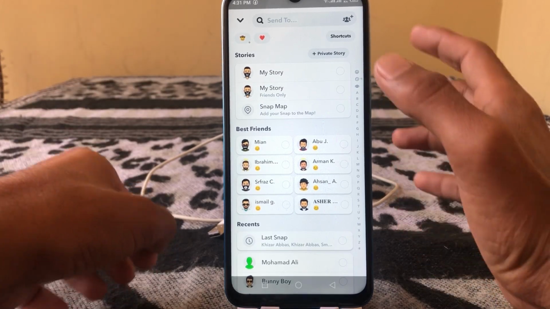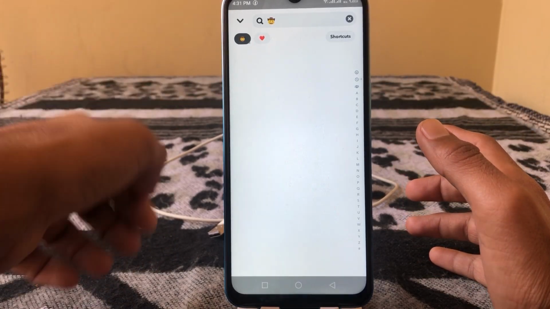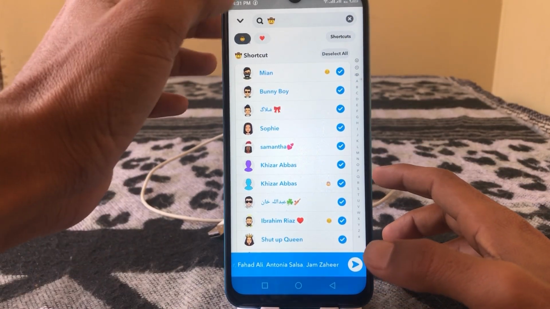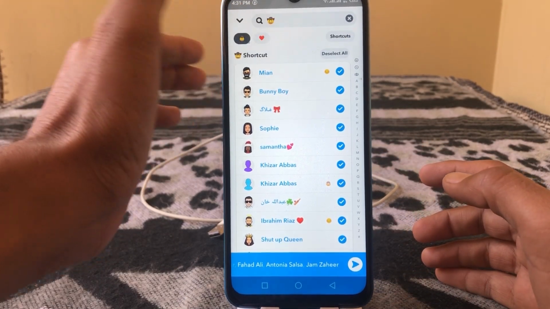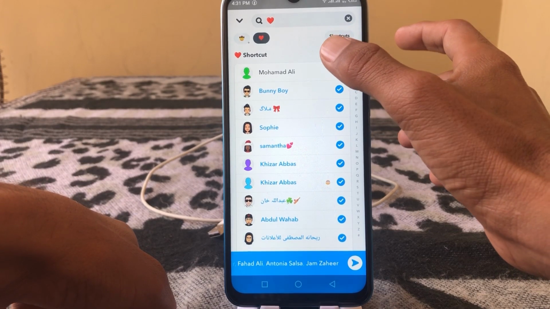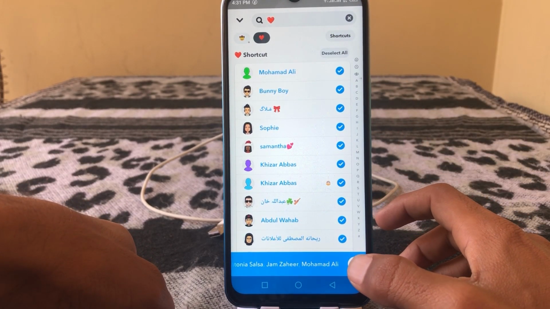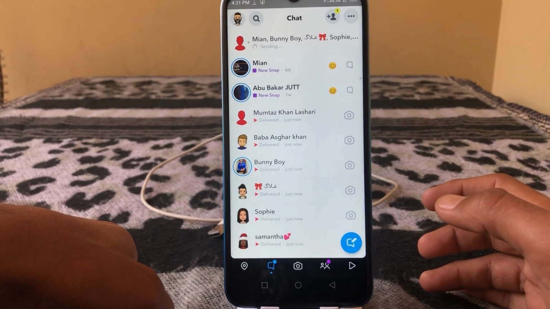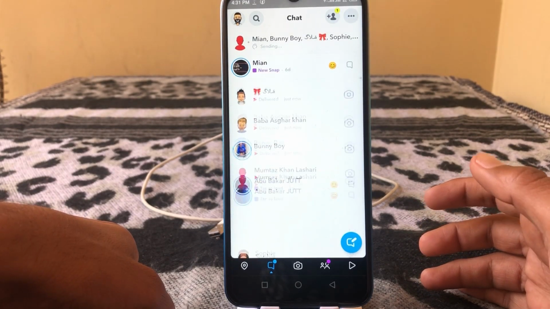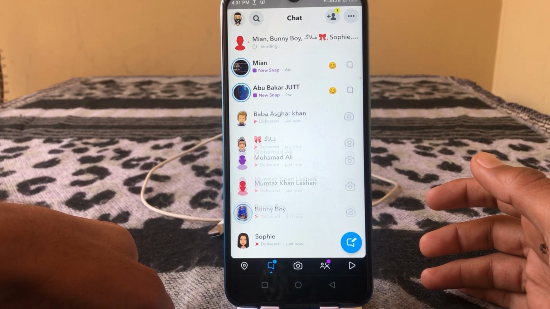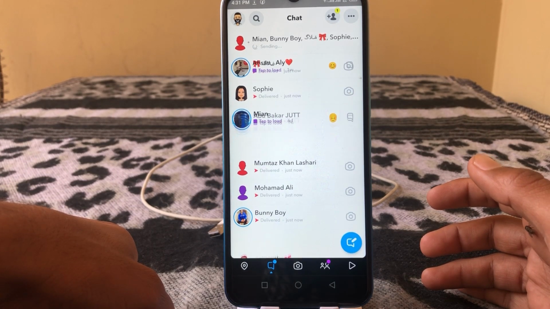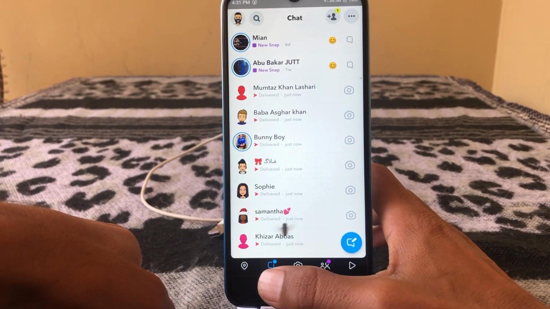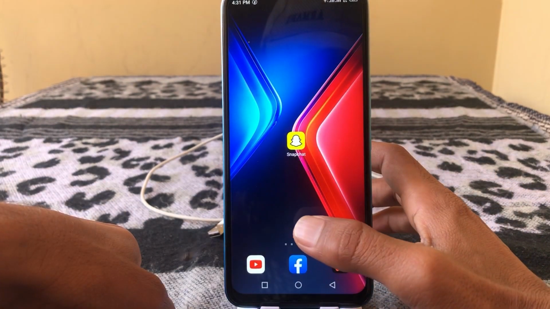And from here what you have to do is just tap on shortcut here and then tap on select all and then tap on another shortcut and then tap on select all and then tap on send to. So wait for a minute. Your snap is sending now. After your snap has been sent, close this one